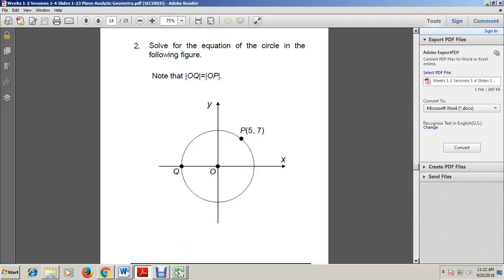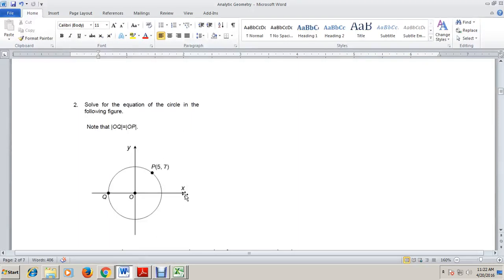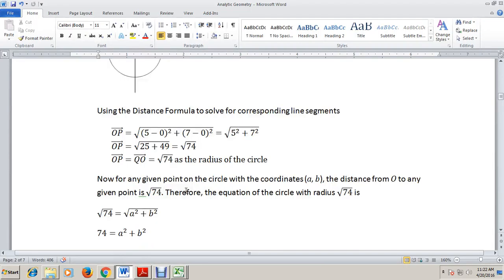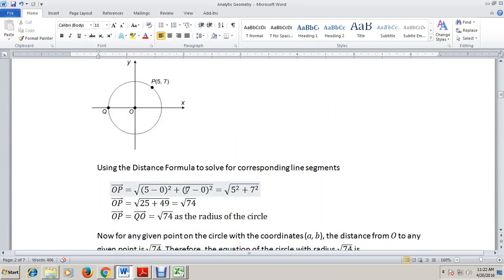Okay, so let's do what is being asked. We are asked to solve for the equation of the circle. Okay, so using the distance formula, the distance OP given the